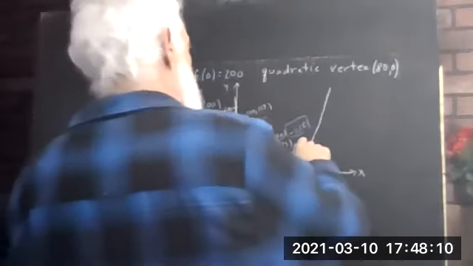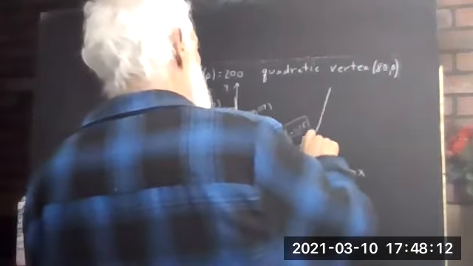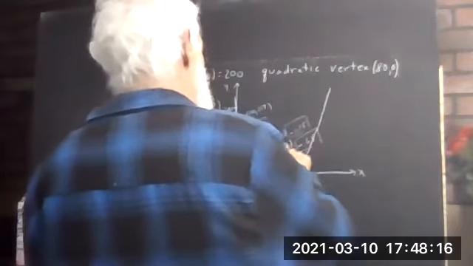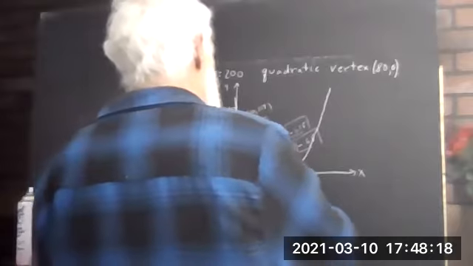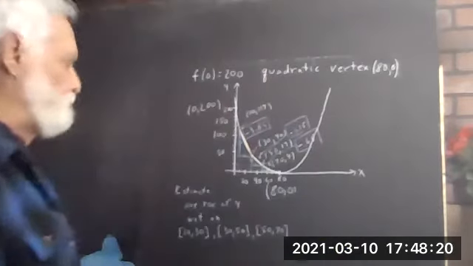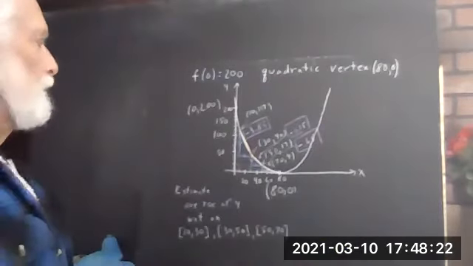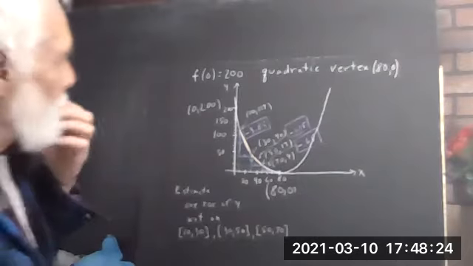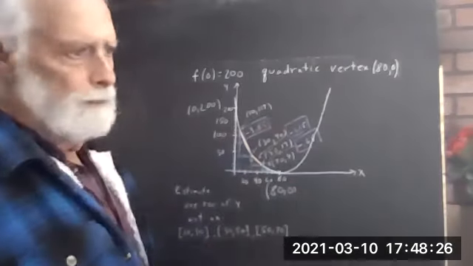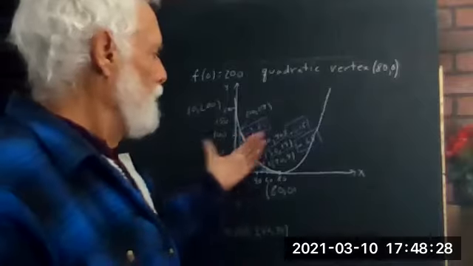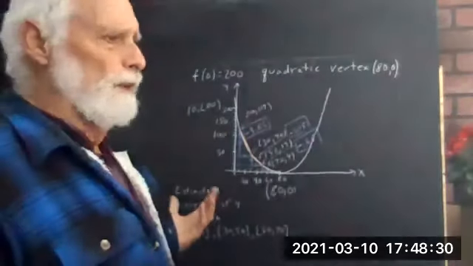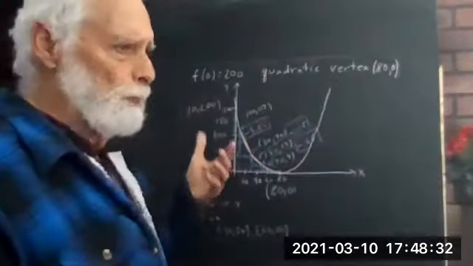That would be negative 0.65. Now I can tell from these numbers that I didn't do a very good parabola. Matter of fact, it's really a pretty bad parabola